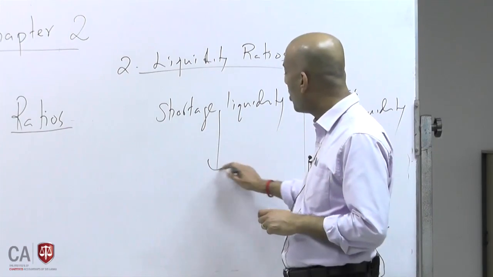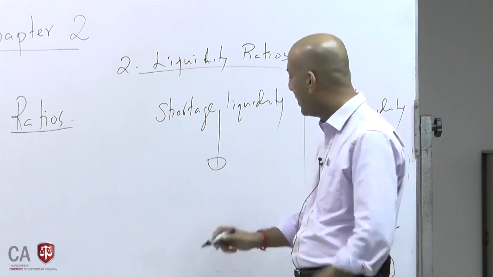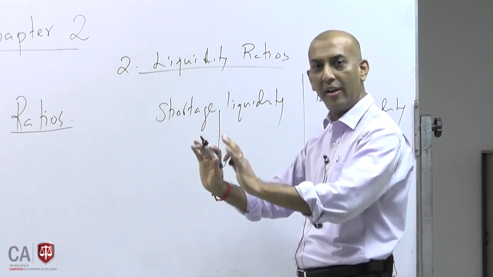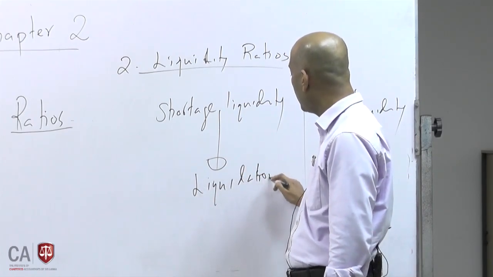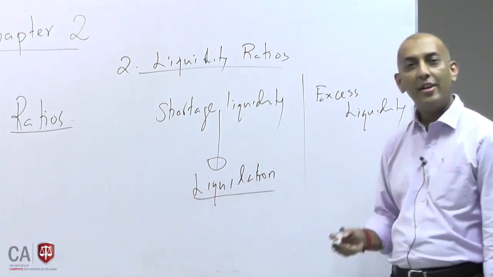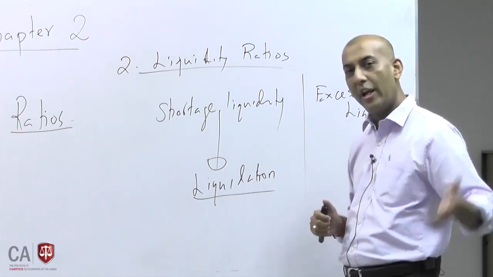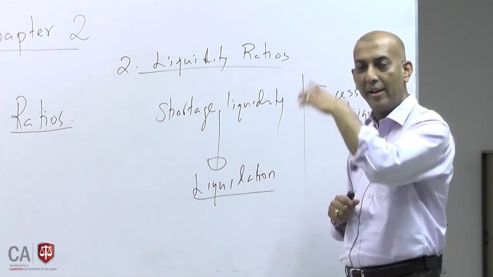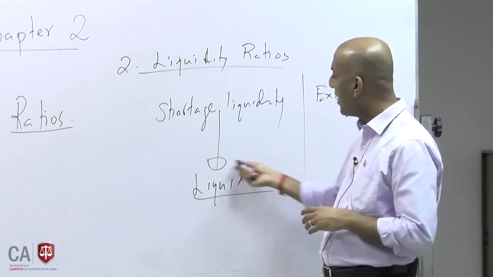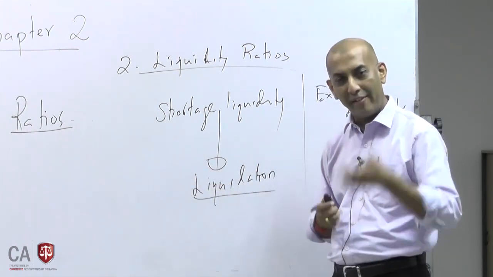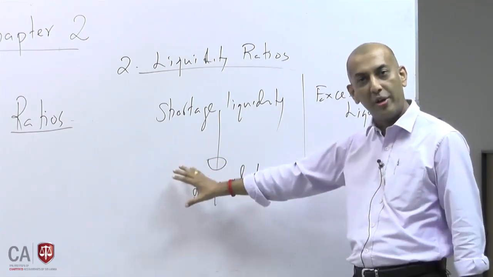Shortage of liquidity means you cannot meet day-to-day payments, so it can lead to serious working capital issues, and maybe your company can be forced into liquidation. Why? If your company has been dishonoring checks, defaulting on payments, and people are not paid, they will go for labor action. If the electricity bills are not paid, they will cut the electricity. If the banks are not paid, they go for parate execution. Or if suppliers are not paid, they will go to courts. So all that can result in liquidation. Please note that shortage of liquidity will lead to a serious problem called liquidation.